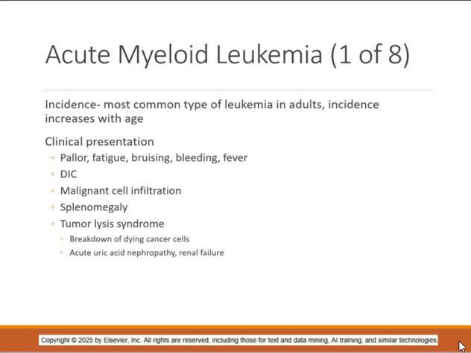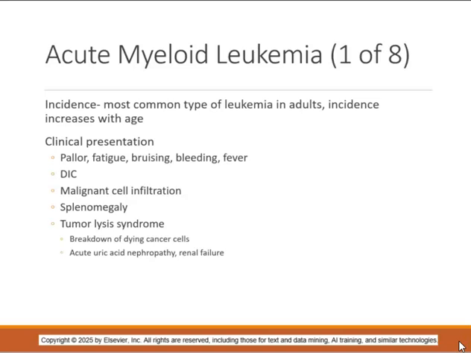This stuff called DIC, which is disseminated intravascular coagulation, which we'll explain a lot more as time goes on. For some reason, they start clotting within their body for unexplained reasons, which can be fatal if it's not caught quick enough. Other things that we'll see is these malignant cells start invading other areas of the body as opposed to just the bloodstream. Spleen's enlarged, and one of the big side effects of this is what's called tumor lysis